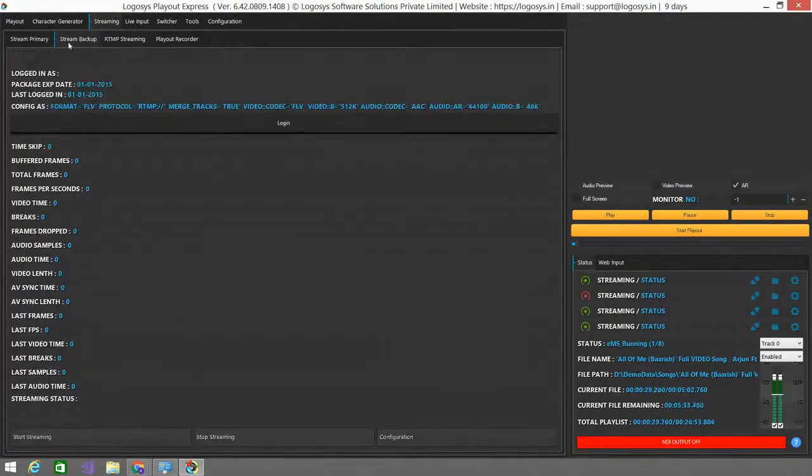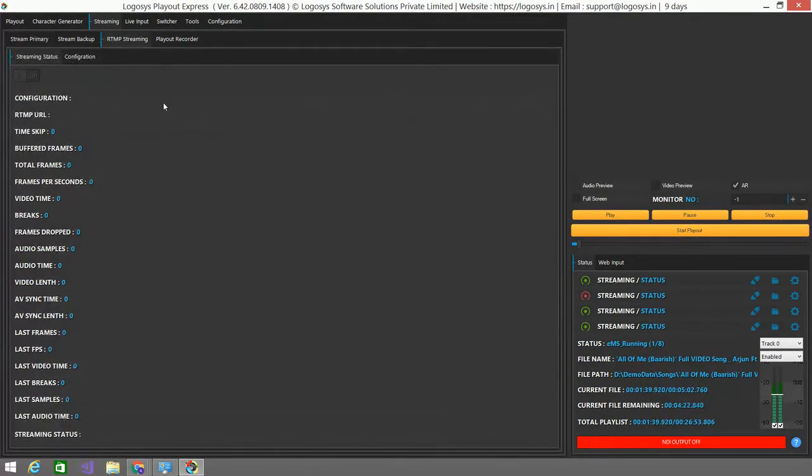So let us go into this and turn it on. The first time you turn this on, you might see an error message. These numbers which are running show that the streaming is running and the stream is connected. So let me turn this off. Let's go to this configuration, and you can click on this load, which will load your previous settings if you have any.